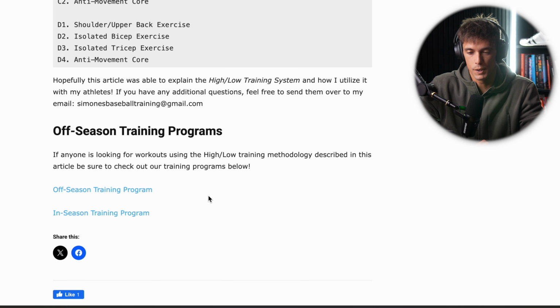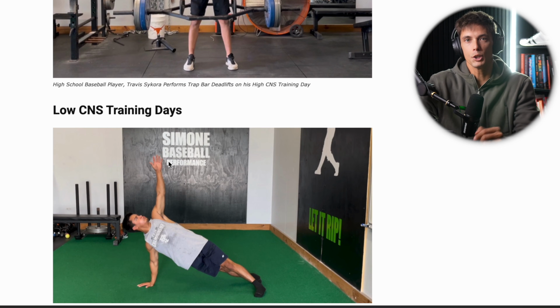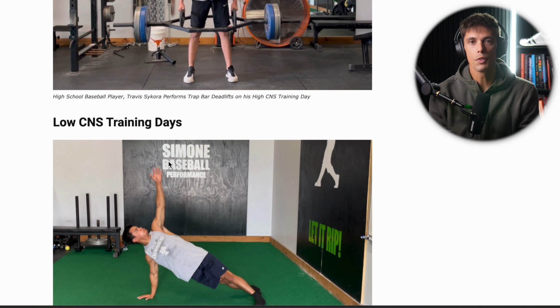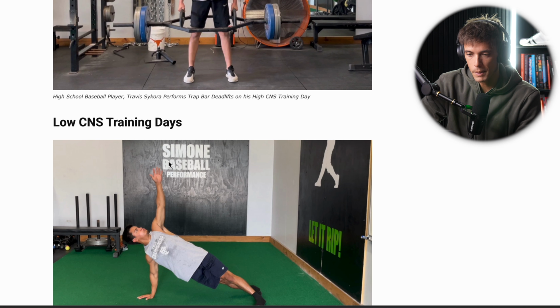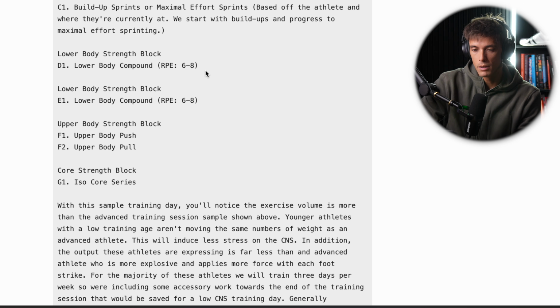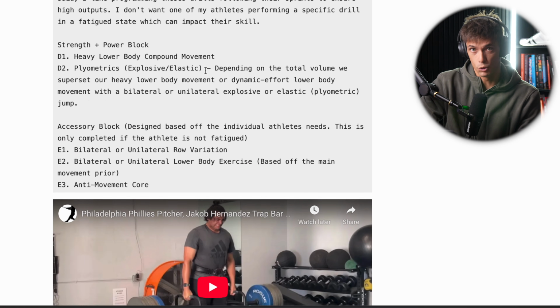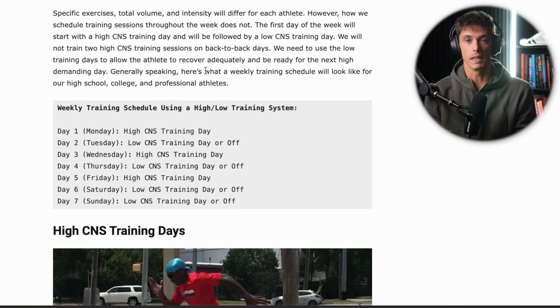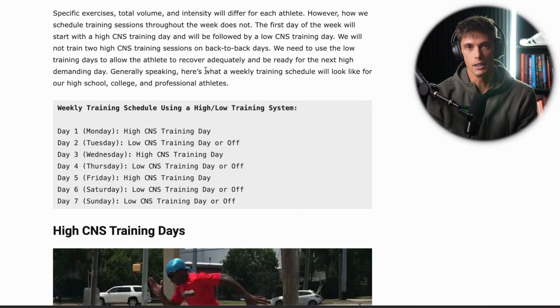There's actually sample programs in here. It's all baseball. You don't want those, but I just wanted to walk you through what it's like to run through the high-low model. This method maybe came out 25 years ago. I think there might be a date in here. I think it was around 2000. Charlie Francis came out with this. Good models like this, they don't change. Just like people have been back squatting and deadlifting for years. A lot of the simple modes and methods that have worked for the last 20 years, like in 50 years and before that, still work today.